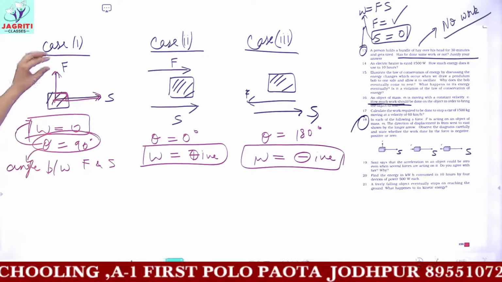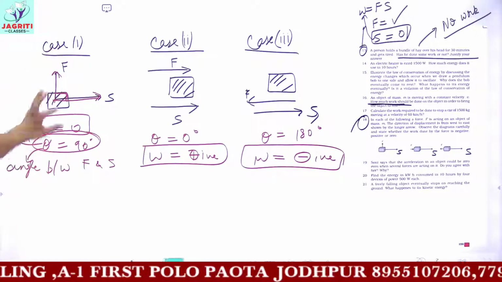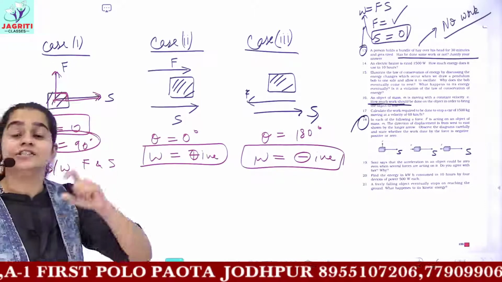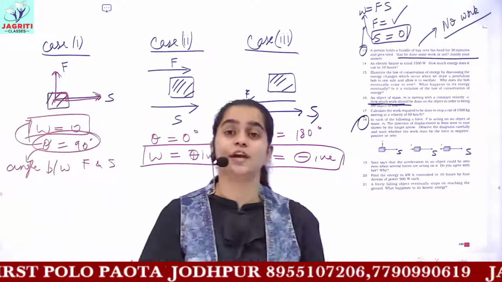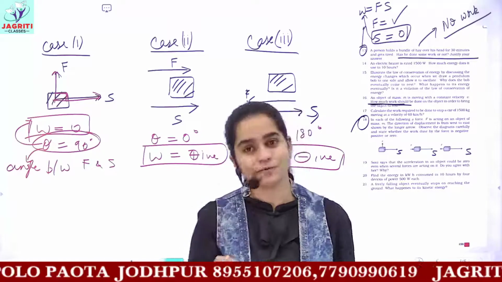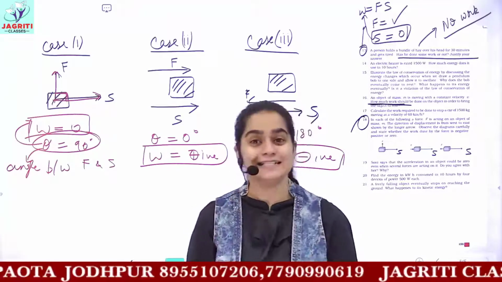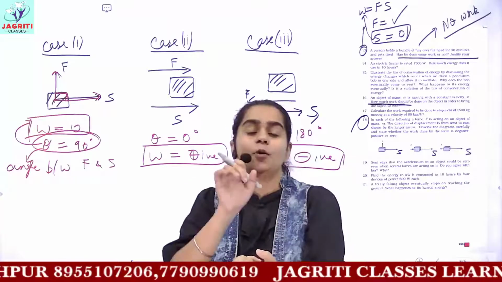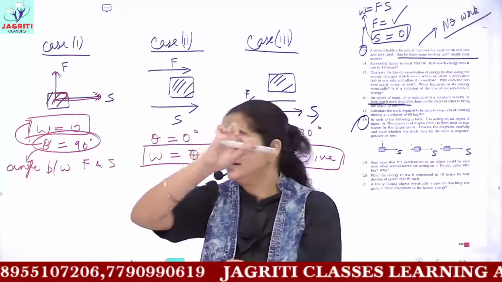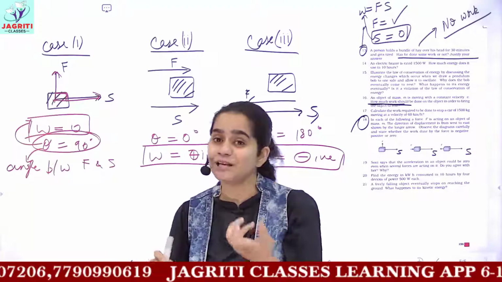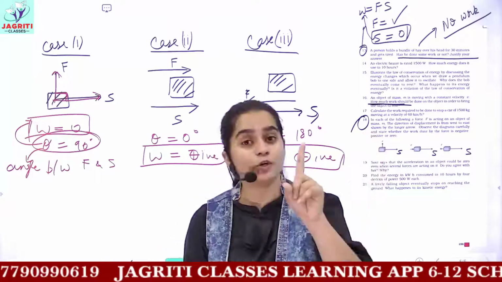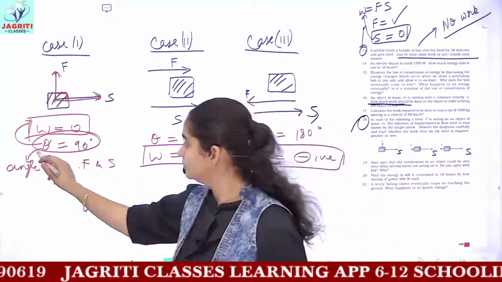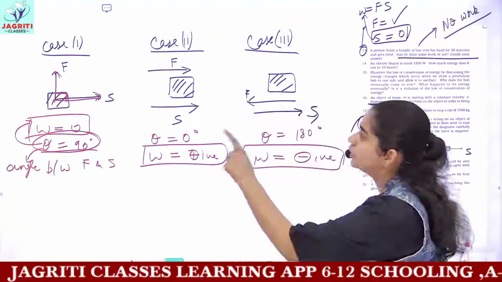That is, the work performed by this force is 0, and for this we have discussed just recently some of the questions where you were asked the work done by gravitational force, which came out to be 0. Because gravity is pulling the object downwards, but the object is not moving down or up, it is moving straight. So it means gravity is not responsible for doing the work. So this would be the answer, that is work would be 0.